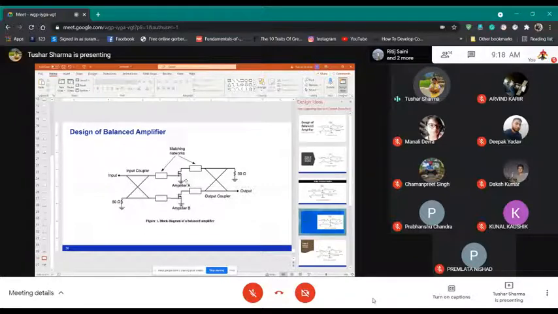Balanced amplifiers are commonly used because they have advantages. First of all, if one of the amplifier chains stops working, the second, still being in parallel, still works. The second thing is that in a balanced amplifier structure, your gain is basically the same across the branches, and using input and output couplers helps you in giving a better VSWR at input and output. So the first phase is designing an amplifier. I will see how time goes, and then we will design couplers.